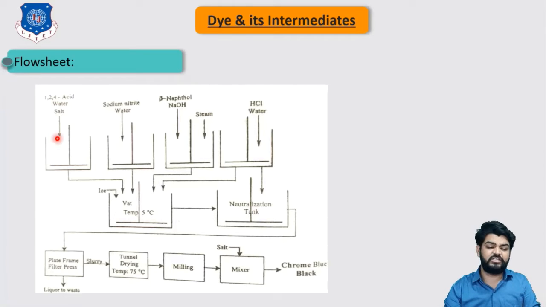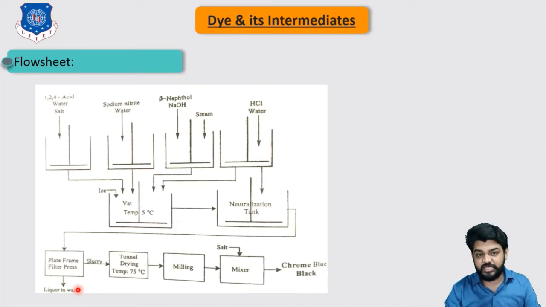So all of these four solutions of our raw material are being inserted in this particular reactor slowly, so that we can ensure there is always a minimum of -5 degrees Celsius temperature. Now after this coupling unit, the product coming out of this coupler is sent to the neutralization tank, in which we are neutralizing our mixture by means of the HCl and with reduced pH. After that, it is being sent to the plate